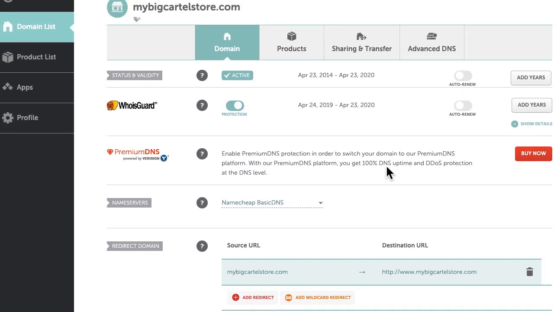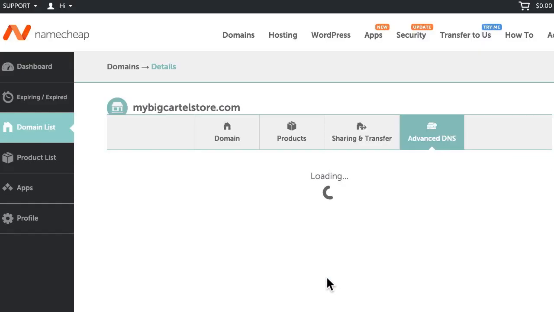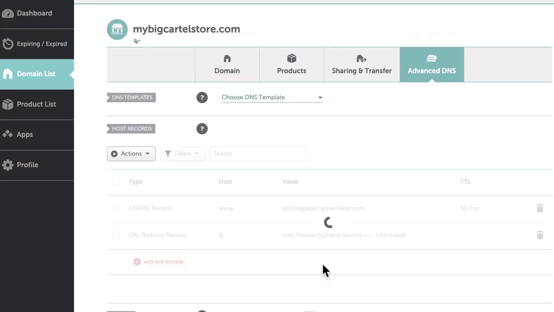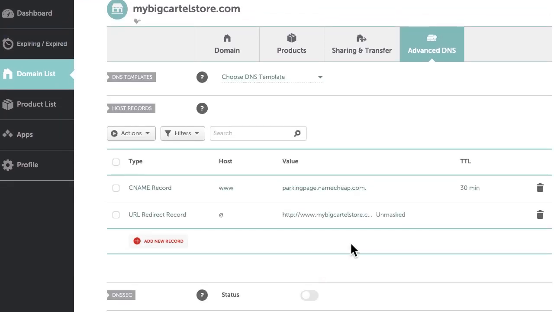So I'll scroll back up and click Advanced DNS. There we go. Now I can see a default CNAME record right here. That's been created by Namecheap. So I don't need to add a new record, I just need to edit this default one. The type is correct, CNAME record. The host is correct, www, so neither of those need to be changed,